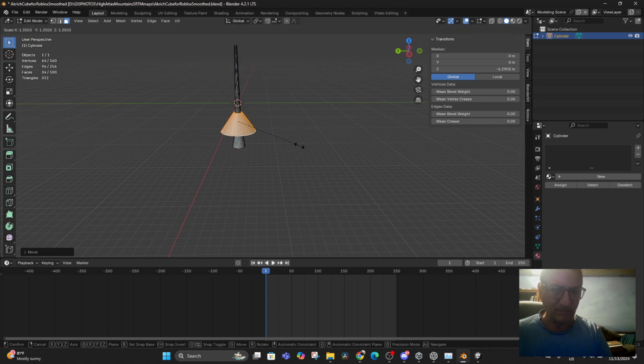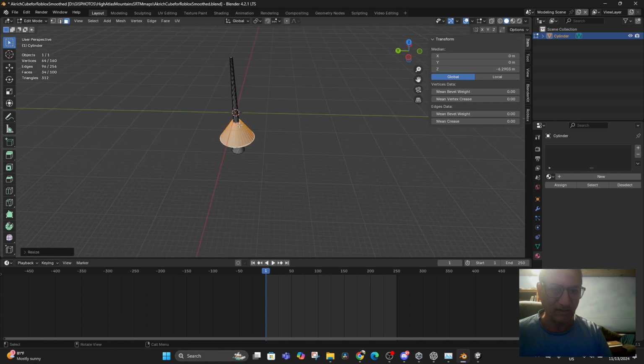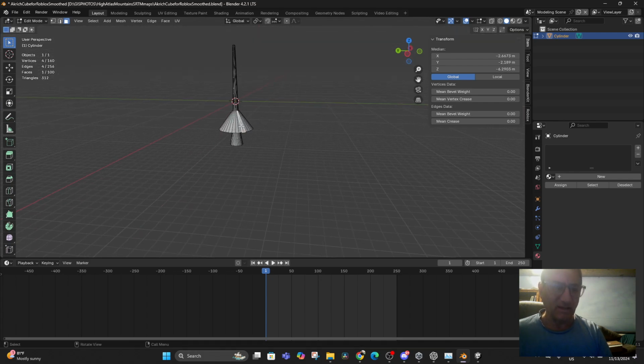Maybe still scale it up a little bit more there and scale it inside there. And then to select the whole thing,